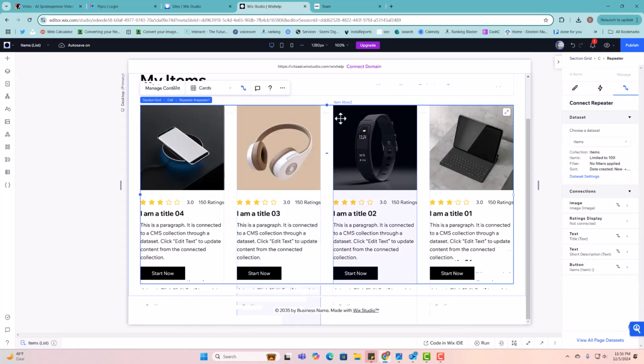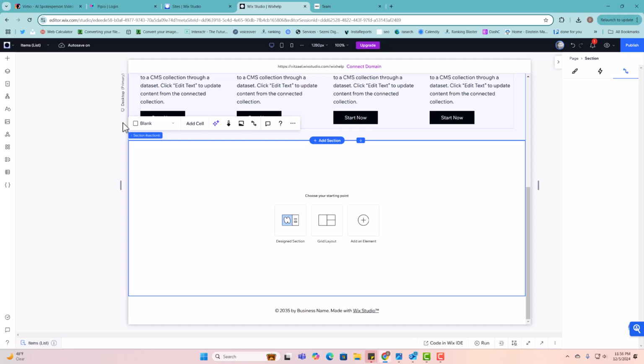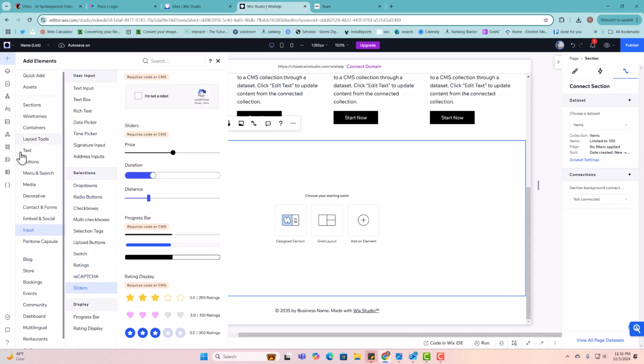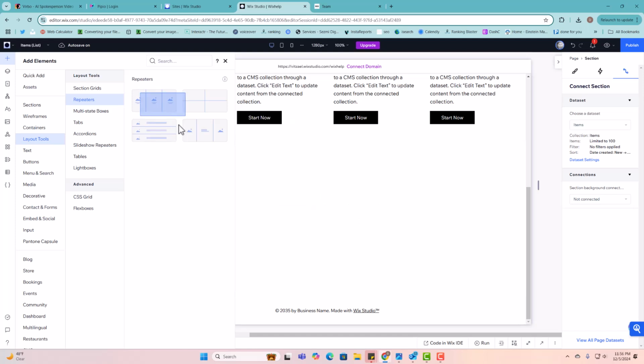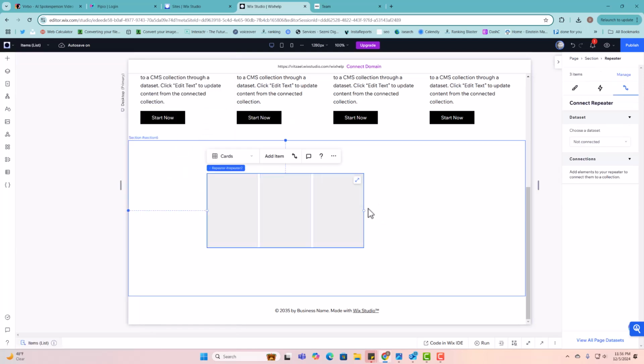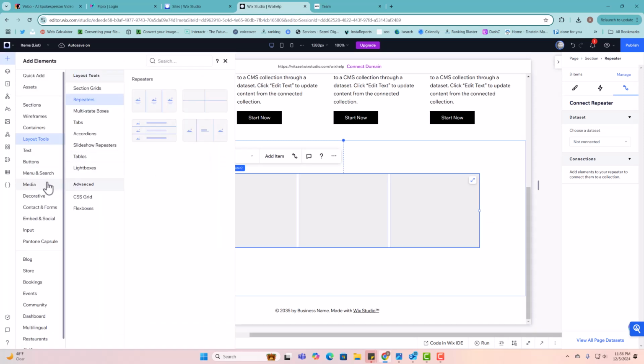You could be using a different layout, it doesn't matter, as long as... and let me actually show you an example, because I want to make sure it's very clear. So let's go to layouts, and let's say you're building this brand new. That's your repeater, right? Then you'll just do exactly the same thing. Add your image,